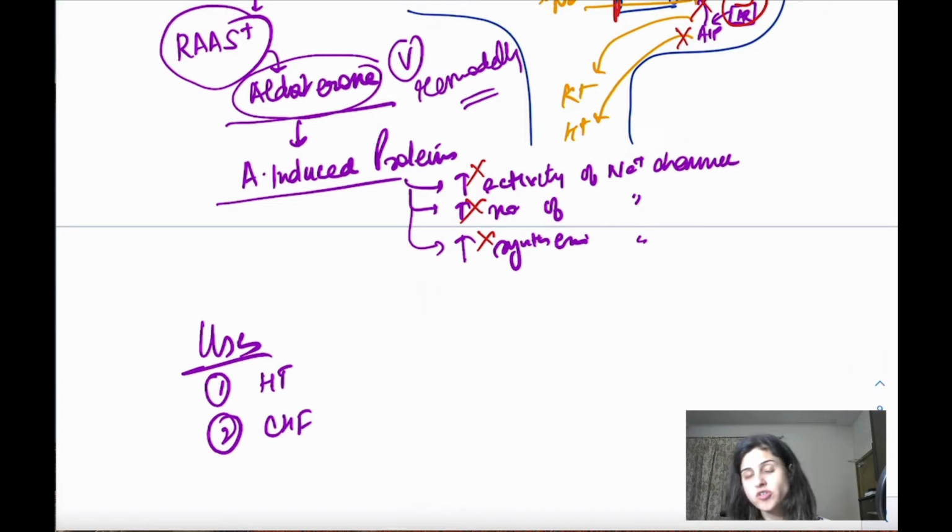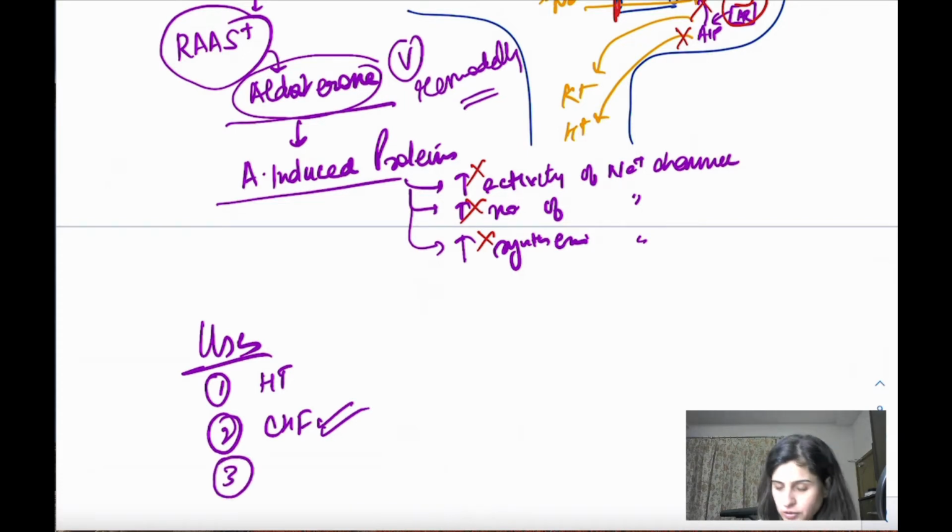So what is this ventricular remodeling? How is it bad for your heart? It's going to change the architecture of the heart. So it is going to make it very weak. Because aldosterone is bad in the sense, it's called remodeling. So if you give an aldosterone antagonist, it helps the patient because it prevents the ventricular remodeling. So it is a very good drug in CHF.